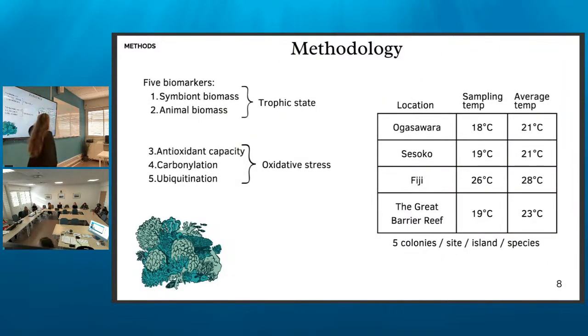Okay, so Ogasawara was in the northern hemisphere. It was during winter in February, and this was winter, spring. And the same for Sissoko, which was sampled in April. For Fiji, these were also sampled during, for the Great Barrier Reef, it was winter for sure. These were June, and these were sampled from August to September, so on the outskirts of winter, which is super interesting for the discussion and the consideration of the trophic state of those environments as well, because one thing